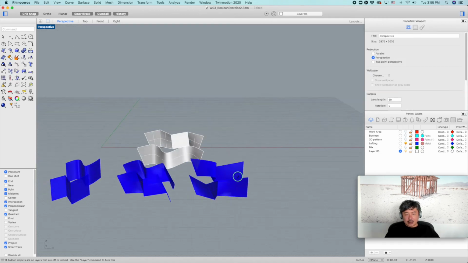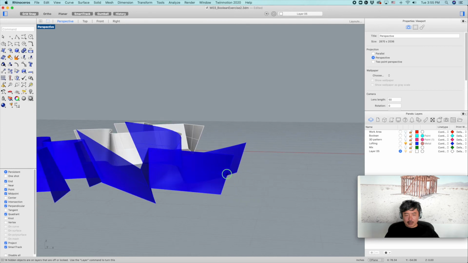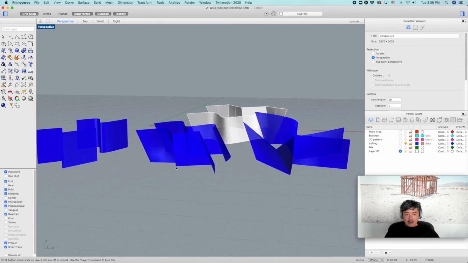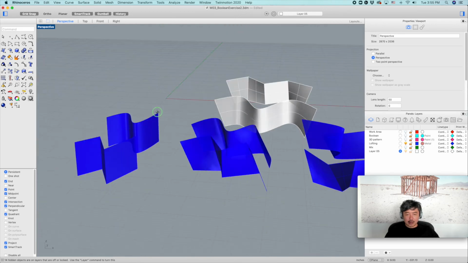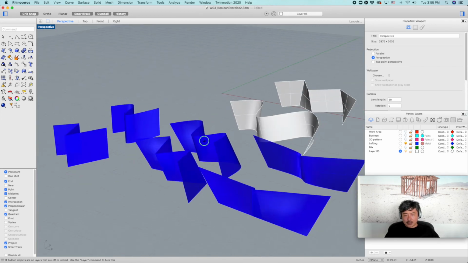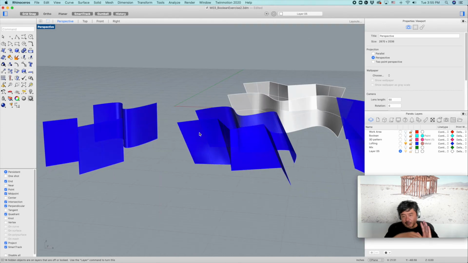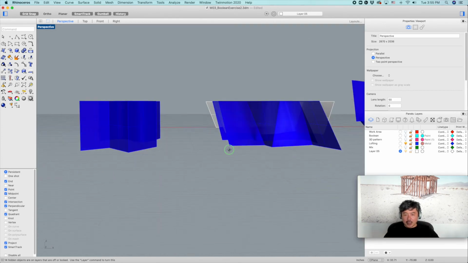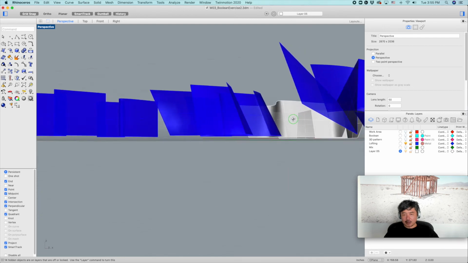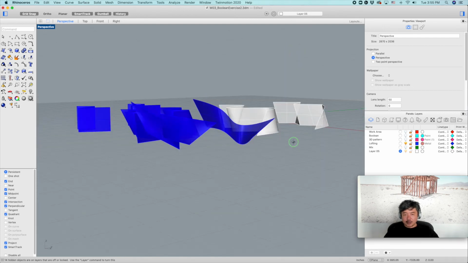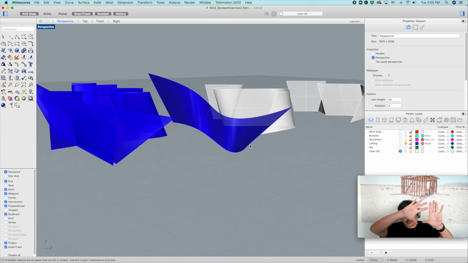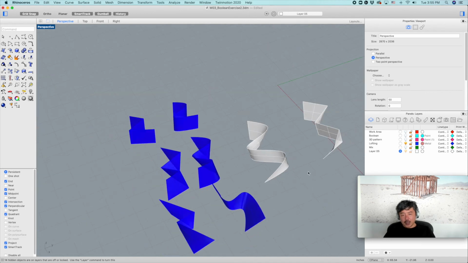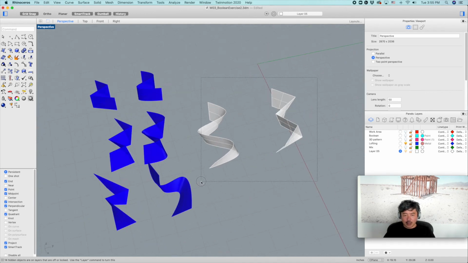The last set of the surfaces that I would like to go over is this. Right now, the first set was extrusion. But the second set was nice in a way that it was more like a paper type of thing. But it does look very straight from the side view. For the third set, I would like to get the surface to move up and down and kind of change angles and things like that. So what we are going to do here is